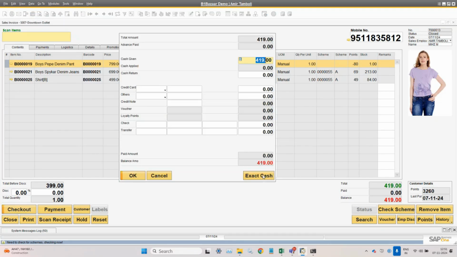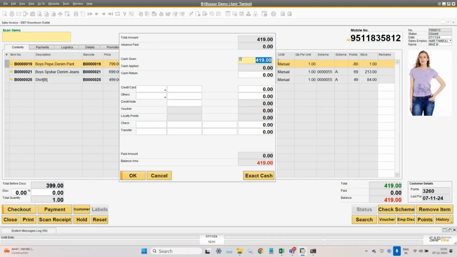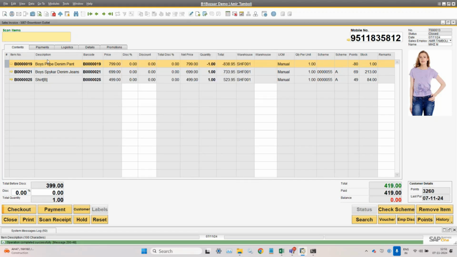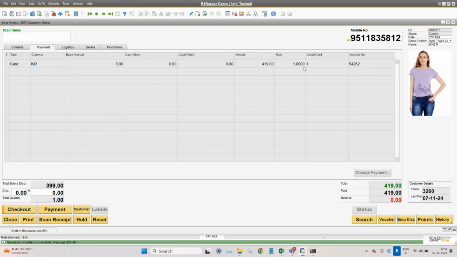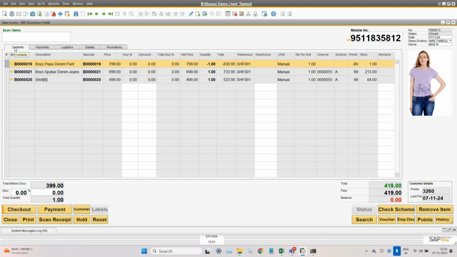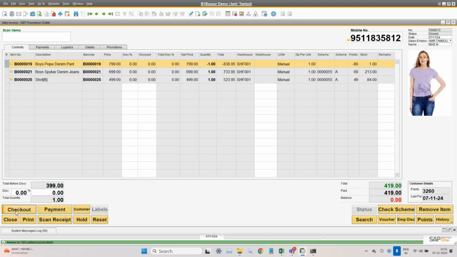Now you can accept the additional payment. You can say exact cash is required, sorry, receipt, or you can say the customer is paying by the swipe machine here, and you can update this. When you update this, immediately it will show you here whatever payment you have accepted additionally in card, and you can say checkout. So when you do the checkout here,